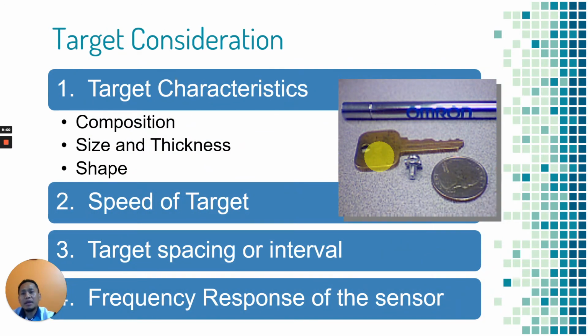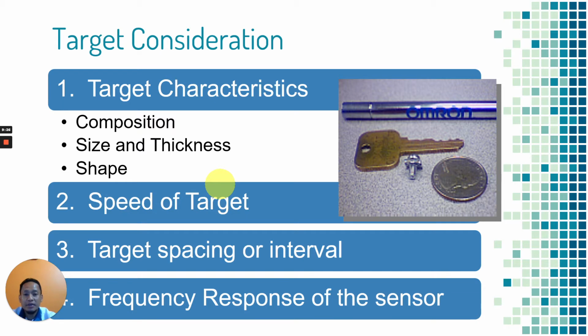Okay, next is target consideration. What type of target, the materials that we want to sense. The first one is the target characteristic: composition, size, thickness and shape. So we need to know the speed of the target so that we can know the distance, even though the distance is